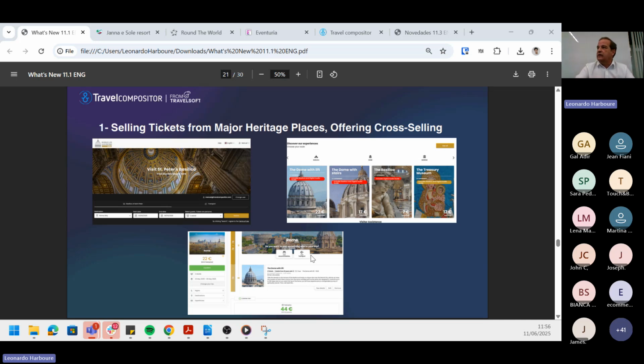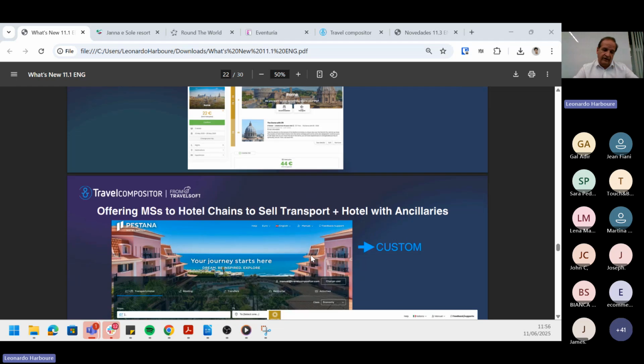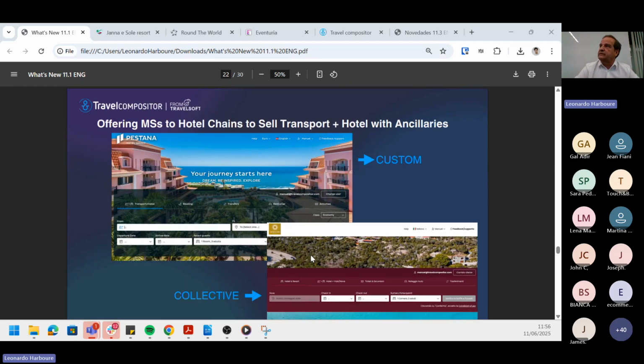You can go and talk with the most important heritage sites or monuments or museums in your countries and offer this possibility to have your operator create packages around this monument, or to sell tickets like they are doing. This is another option. It's offered to hotel chains or even individual hotels. Offer the possibility to get